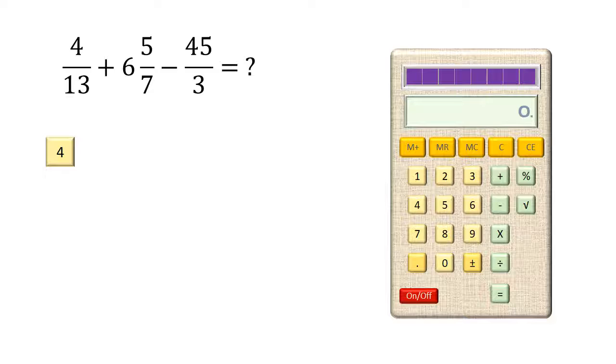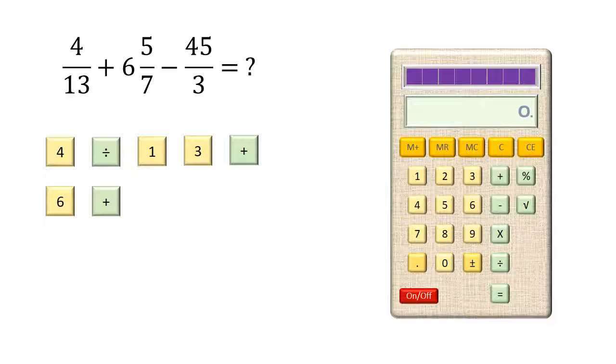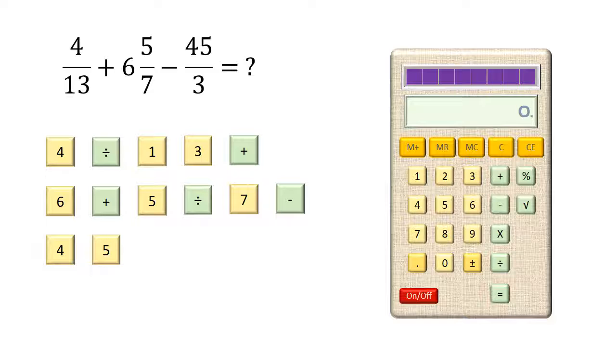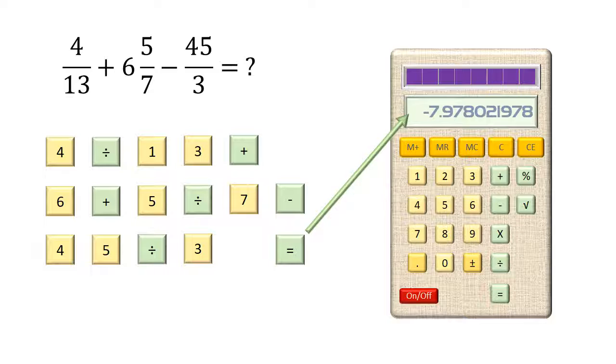You press 4, and then you hit the divide key, and you hit 13. So that's 4 over 13. Hit the plus sign. Now hit 6 plus, because 6 and 5/7 means 6 plus 5 divided by 7. Hit the minus key, and then hit 45 divide 3. And when you're done with that, you hit the equal sign, and lo and behold, you get a number like this: